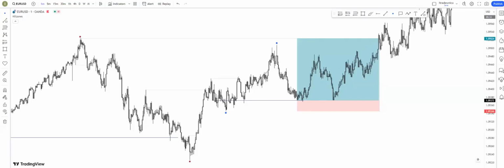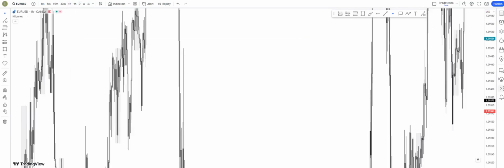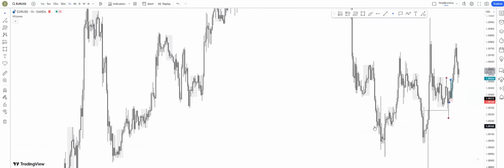Hello everyone. Today we're gonna break down why I took this trade on EU. So let's get started. First thing we want to check is the context we are inside. If you break this down to the 1 hour, 4 hour time frame, what we're gonna be able to